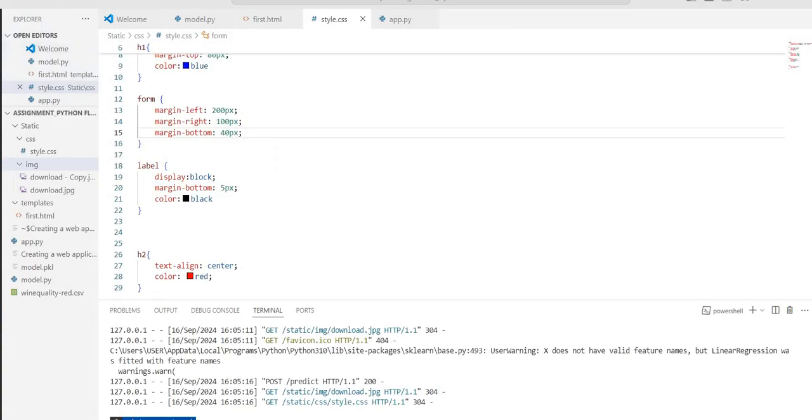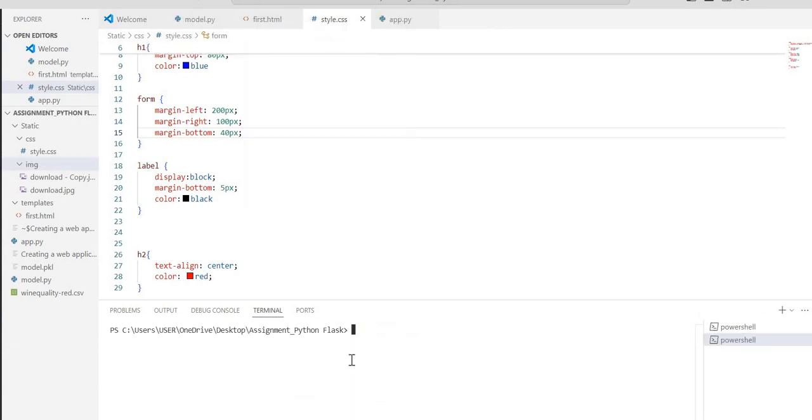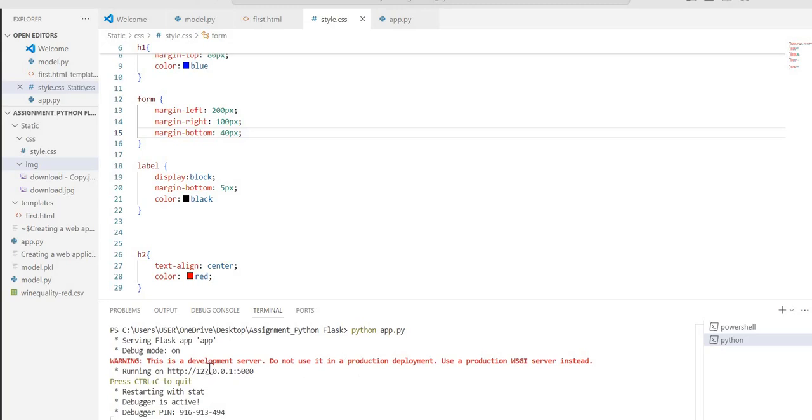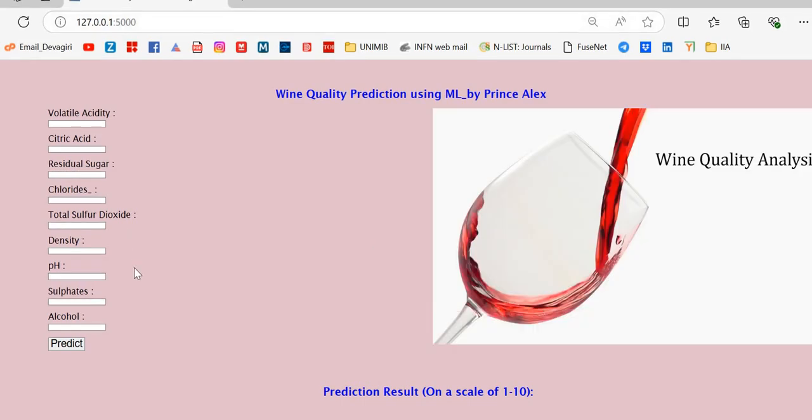To run this code, I have gone to the terminal and typed python app.py. When you run the code, it will open an HTML file. Just click on the file. So it will create your